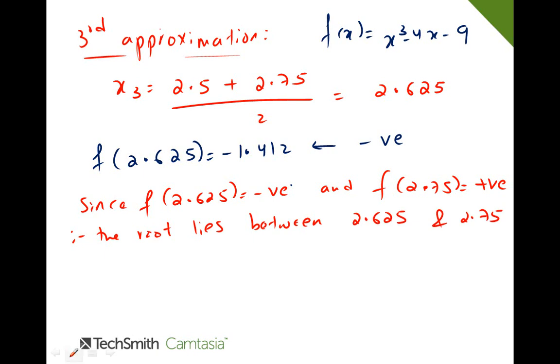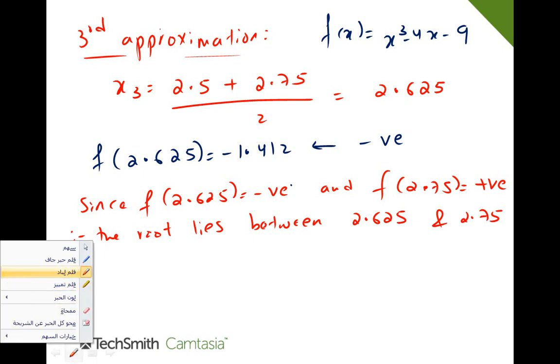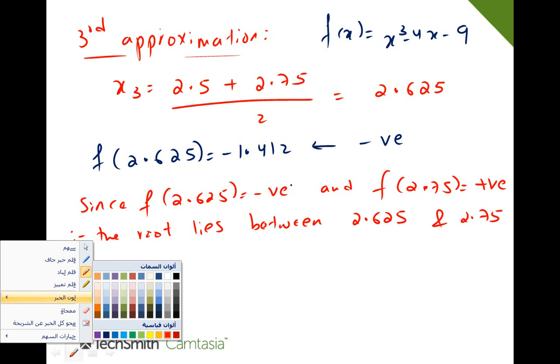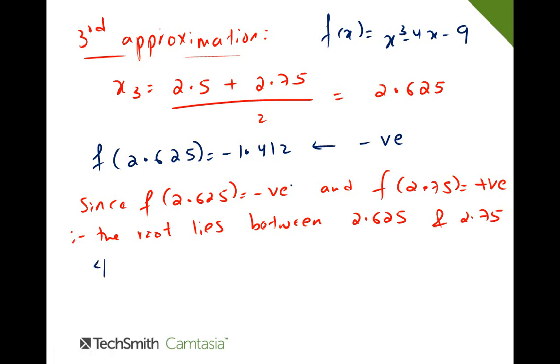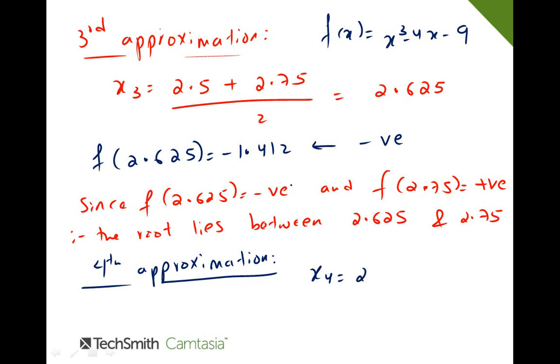Now I will go to my fourth approximation. That means I'll take the average or the midpoint between those two points. I'm going to name my fourth approximation x sub 4. X sub 4 will be 2.625 plus 2.75 over 2, and the answer is going to be